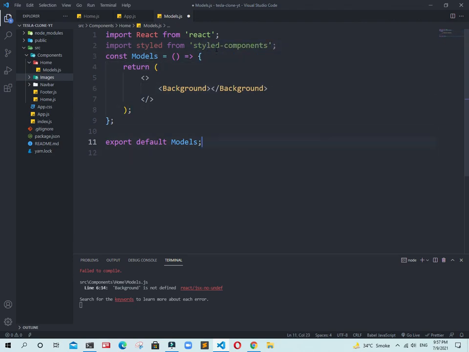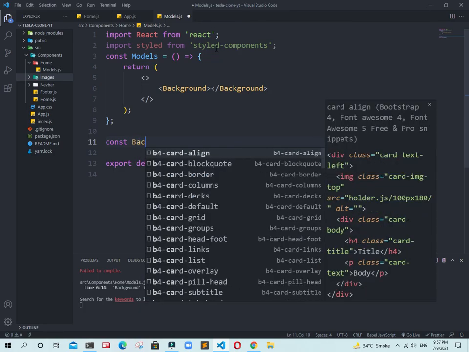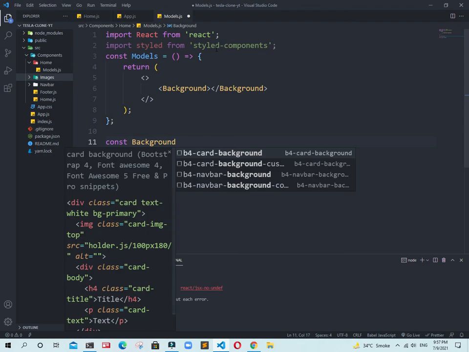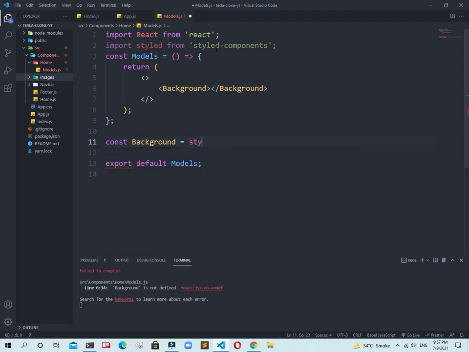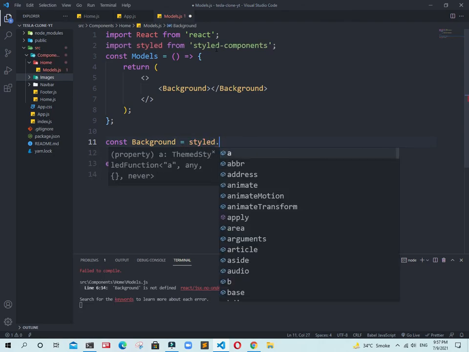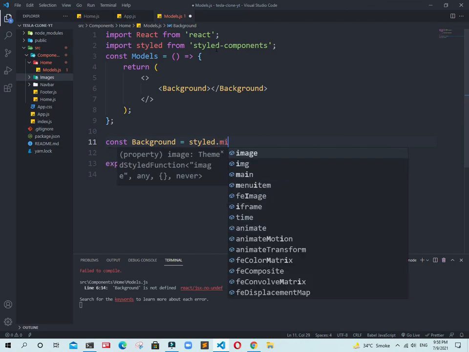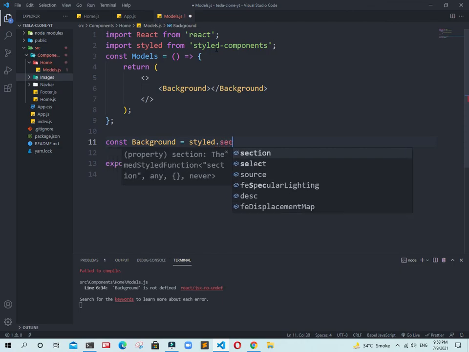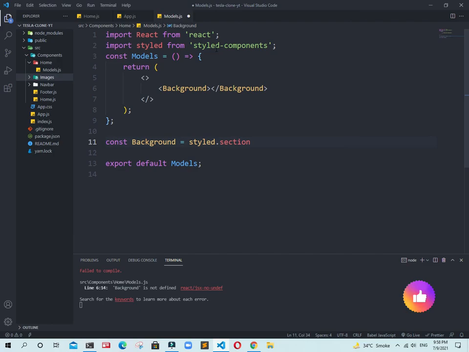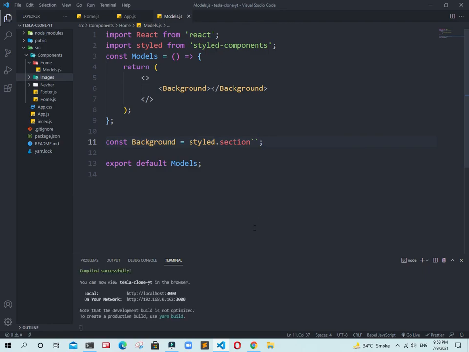Now just after that create a const, and just after that we need to type background, which is equal to styled dot section. Okay, styled dot section, and now backticks. Okay, and just terminate. Guys, it is the syntax of styled-components. You see, it is compiled, we have no errors.